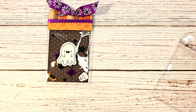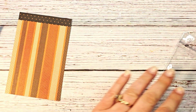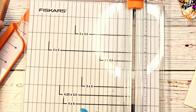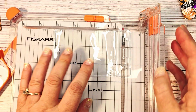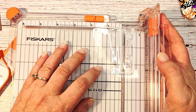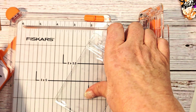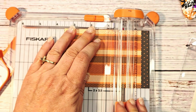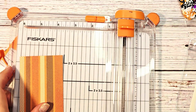I have a scrap piece of paper here. This is the same paper that I'm using, but I'm going to use the other side. So what we need to do is trim this piece down. The badge holder, and I would assume you could buy different size badge holders, but this one holds a 3.5, approximately, a little bit less because there's the trim around, by 2.5. So that's what I'm going to cut this down to, and then if we have to cut it down a little bit more, we can do that. Okay,